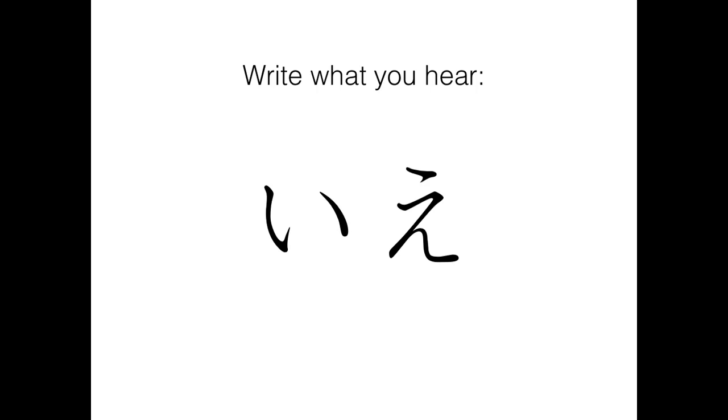So how'd you do? The word I just gave you was ie, ie. If we write that out in English, of course, that's I and E. Now, before we move on to the next spelling exercise, I want to take a moment and look